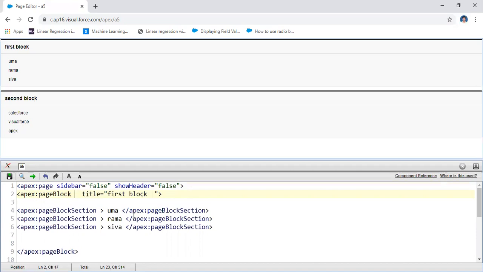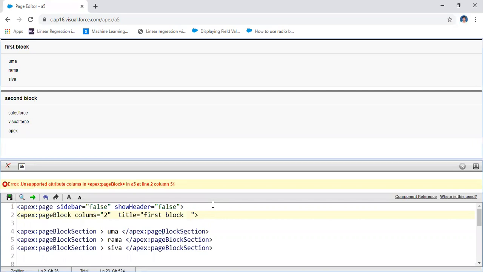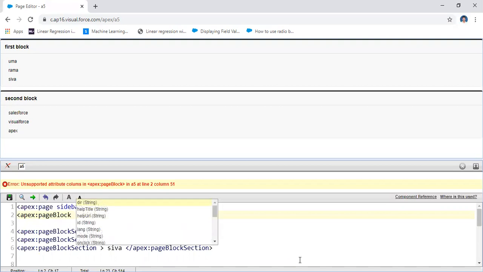Columns equal to, let us assume, 2. It takes some time. Yeah, it shows some error. Okay, it should show the different attributes, but unfortunately it is not showing them.